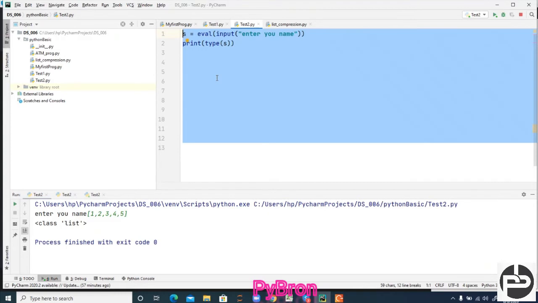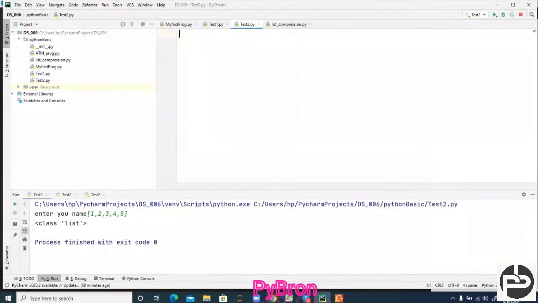I'll pass this code to you guys for your understanding. Let me show you something. We have one question. Question number 1: write a program to eliminate the duplicates present in the list.